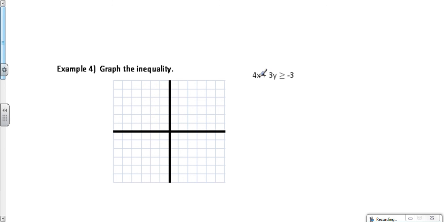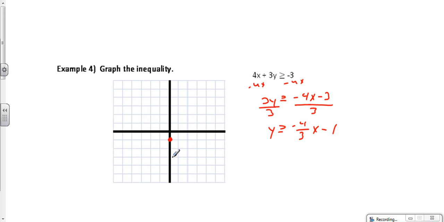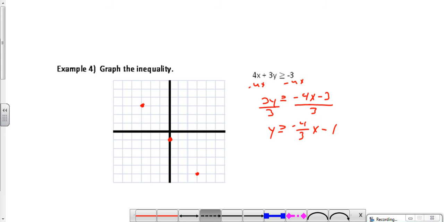Again, solve for y. Divide by 3. Now we divide by a positive number, so my inequality does not change. And we get -4 thirds x minus 1. -3 divided by 3 is -1. So we have -1 y-intercept, down 4 over 3, up 4 over 3. There is a line underneath the inequality, so we would then say,